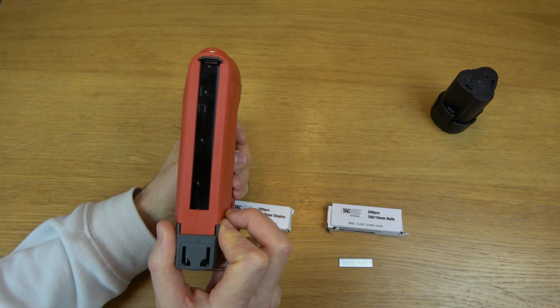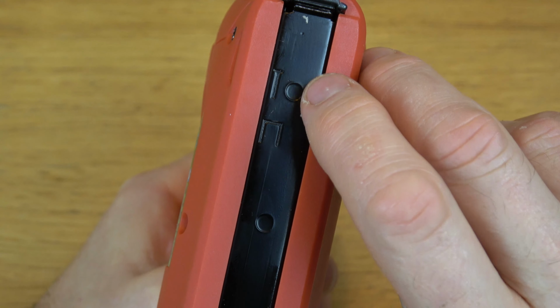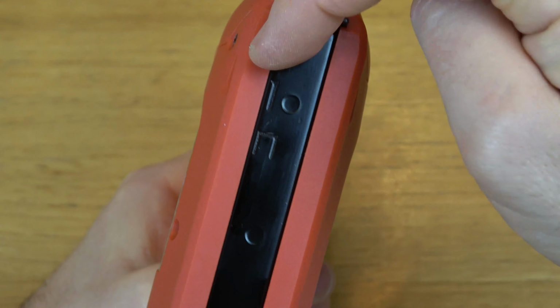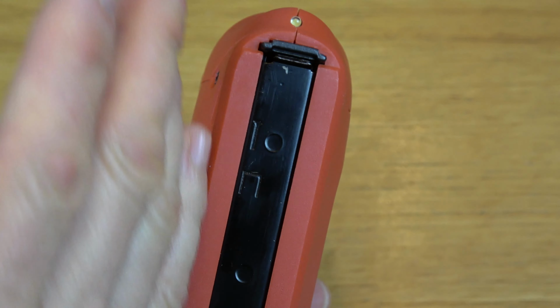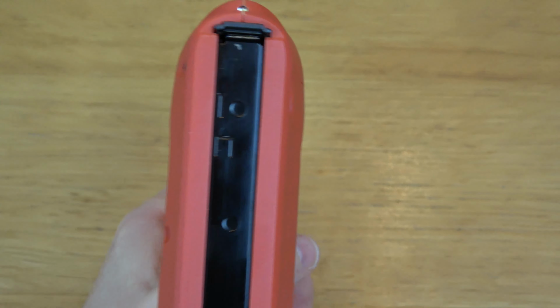When it comes to the brad nails, if you have a look, there's actually a little picture just here so you won't forget when you're out working. And you can see staple and nail. The nails have to be loaded on this side here, on the left hand side, where the little nail is. So we're going to open it up, we're going to take out the staples,